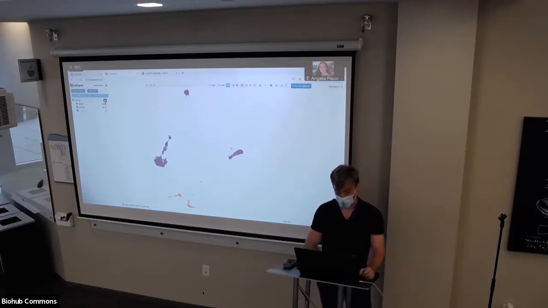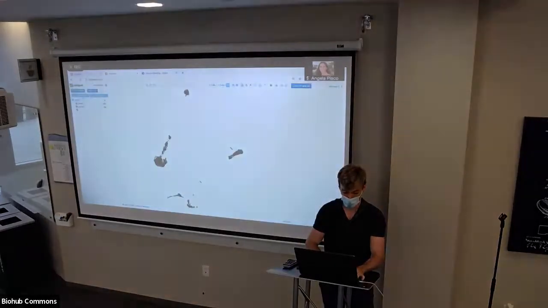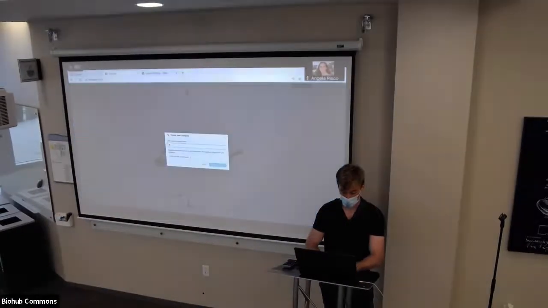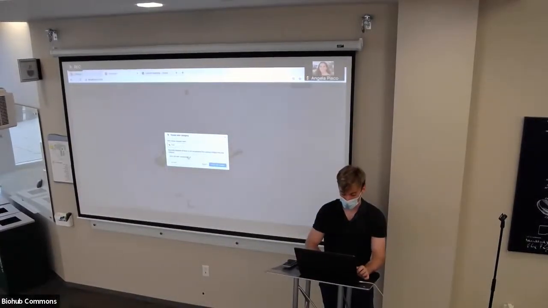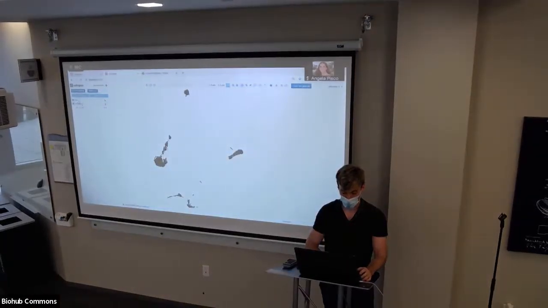So not only can you color by these annotations, you can even create new annotations. We'll hit the create new category at the top left here, and we'll give it some name. We can optionally duplicate labels and cell assignments from existing annotations, but for now we're just going to leave it default. So what this does is it creates a new category called test, and currently all the cells are